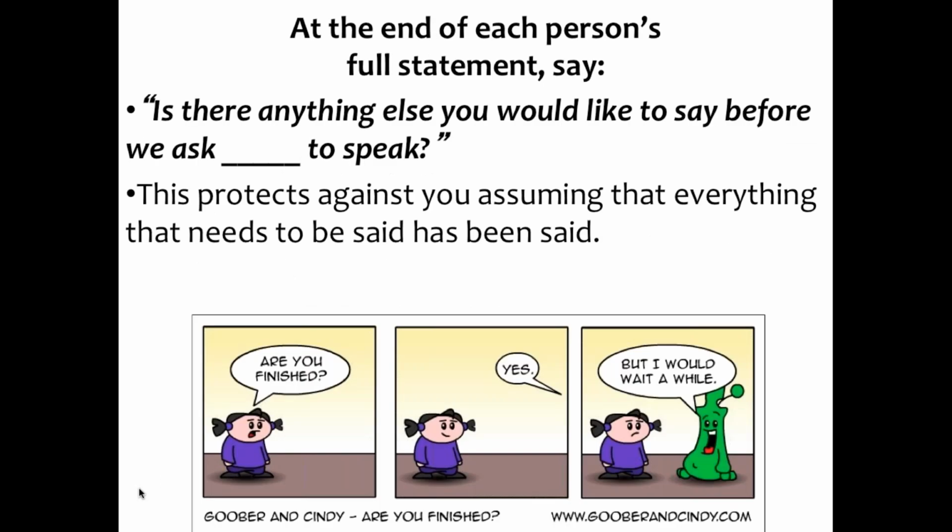So by now you've seen the structure of mediation: each person talks only to the mediator, the mediator is taking notes, pausing to summarize, mining for gold, and trying to get the arc of the story. But when one person is finished talking, before you turn it over to the next person, make sure they really have said all they need to say. Hey, is there anything else you'd like to say before we ask the other person to speak? And often I think they're done, but they're not done and they have more. So I'm really glad I remember to ask that question.